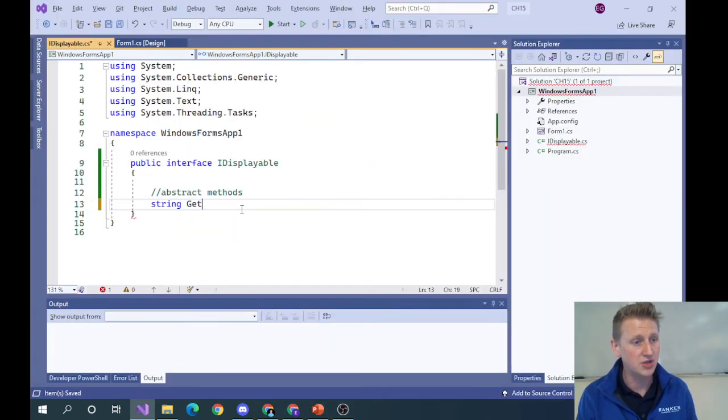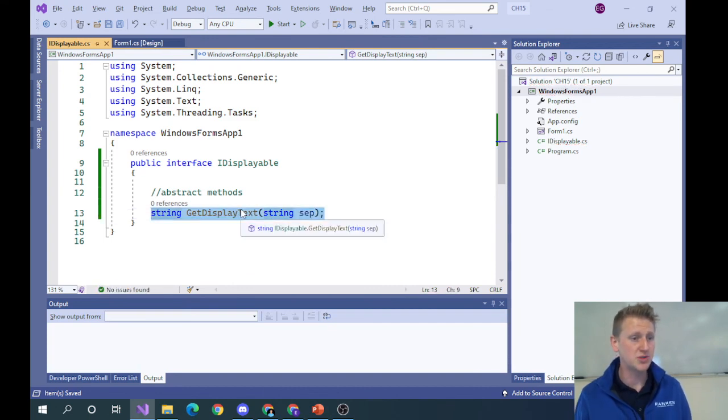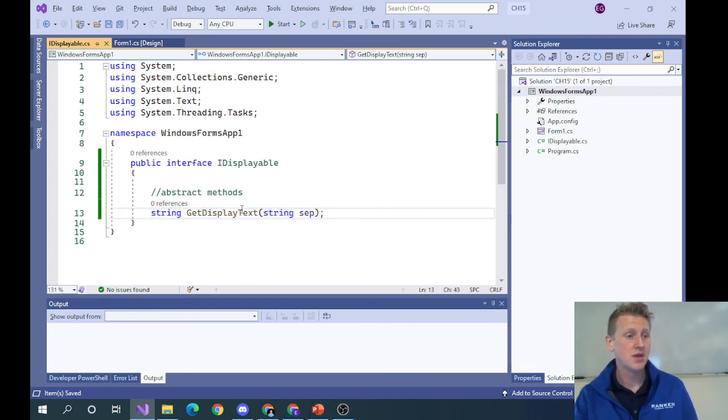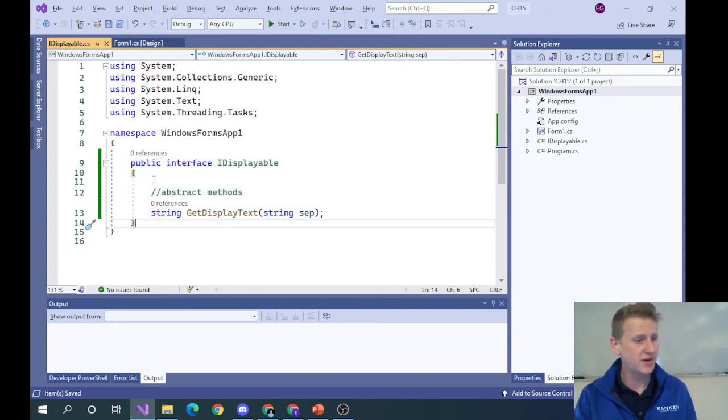String, and the method is called get display text. It takes in one parameter. I'm not even sure what SEP is, but what you're looking at here is an abstract method. There's no method body, and so you're probably going, what are we talking about here? Well, we have created this interface